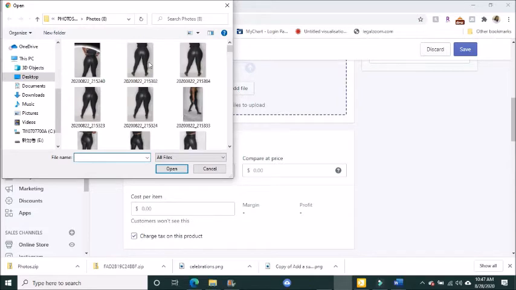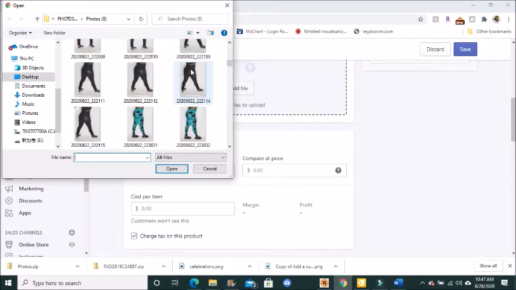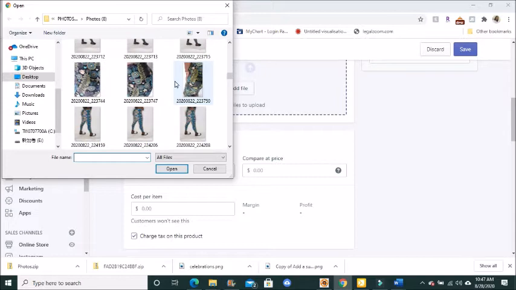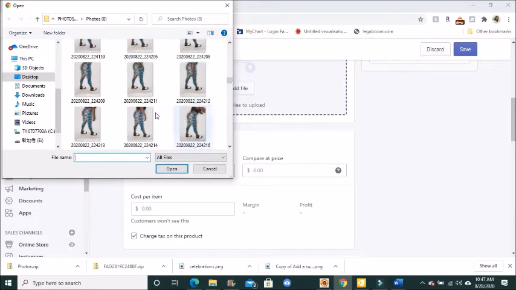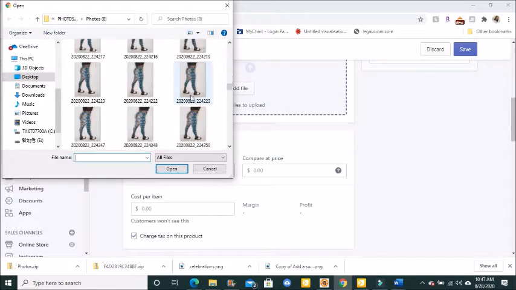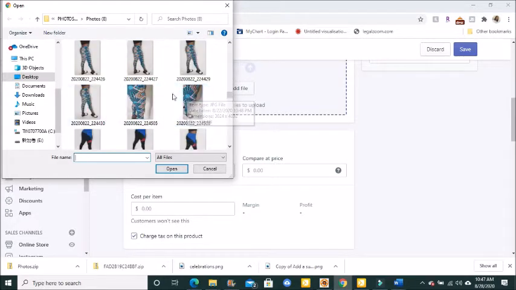Okay, that's not it. It's in this file, but that's not it. And that's my model, who's my sister. She modeled the leggings for me. So in the interest of time, let me just pick two pictures, because there was one that really shows the